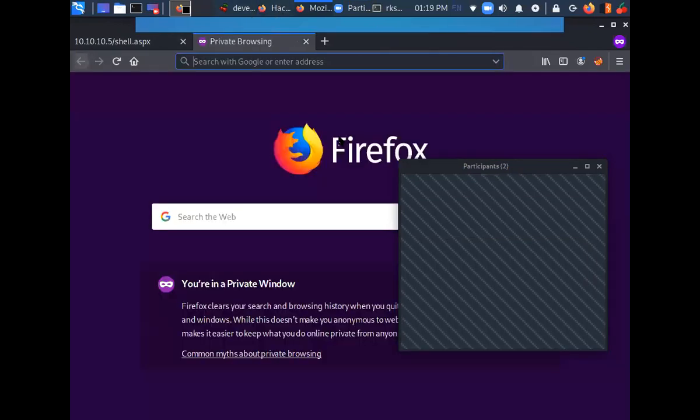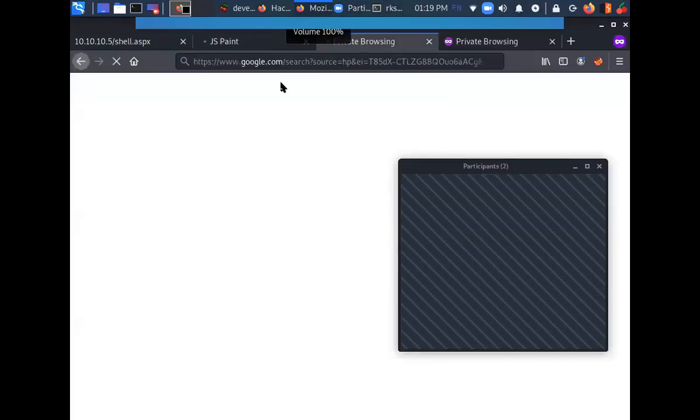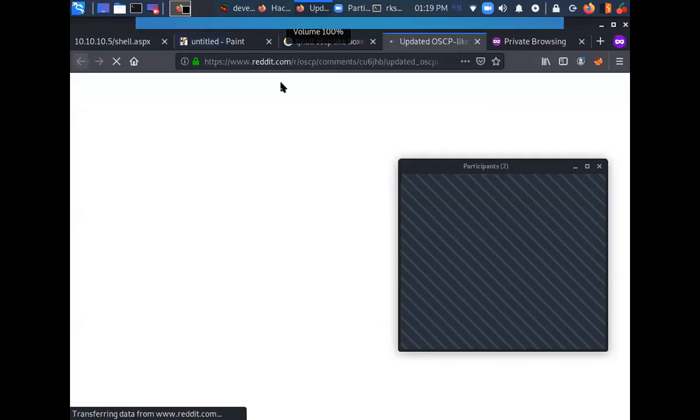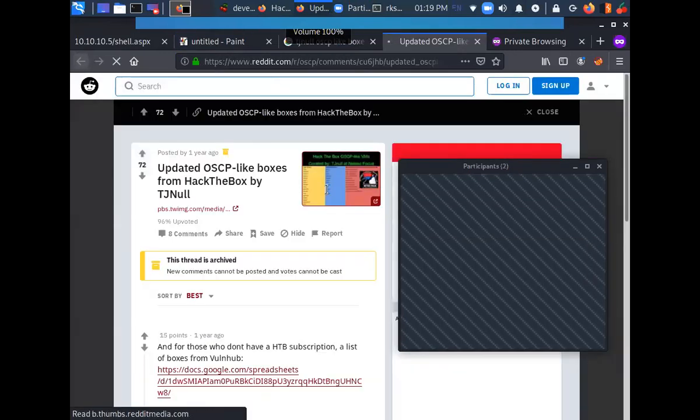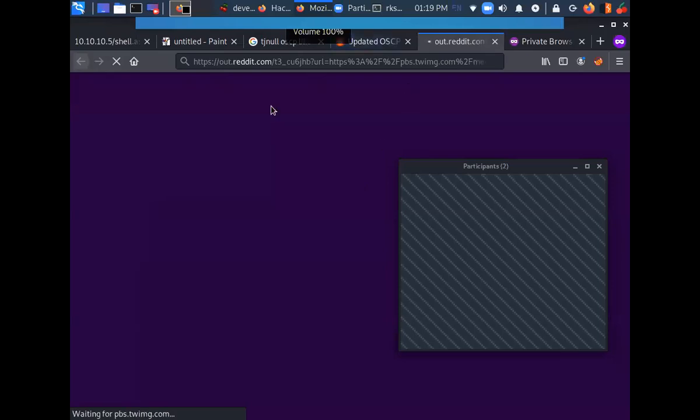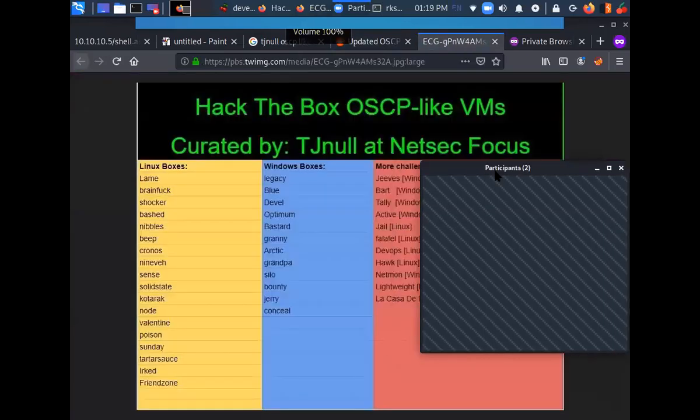So Rishabh, tell me, how tough is this OSCP exam? OSCP exam, I would say, is pretty tough. If you want to appear for the OSCP exam, we had this list here. If you're planning for the OSCP exam, I would suggest you go through all of these machines first. Then appear for the OSCP exam.